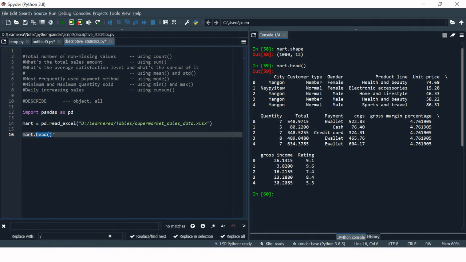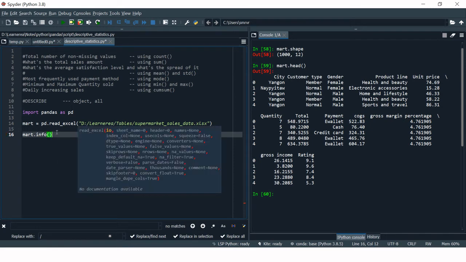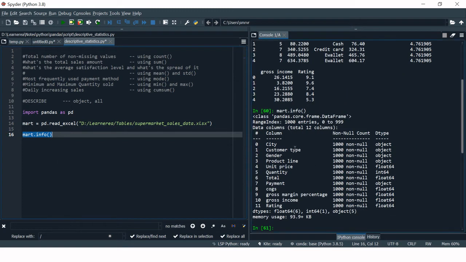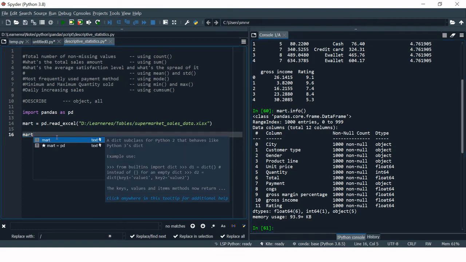Now let's see how many numeric and how many character variables do we have. For that we're gonna use info function, and then we will see the required information. Here we go. So like you can see, these are all the character variables. These are all the numeric variables except this payment method. And this one is again character variable. So again, if you want to learn more about these all things, check out the video for which we have provided the link into the description section. Now without wasting the time, let's see how can we find this summary one by one.